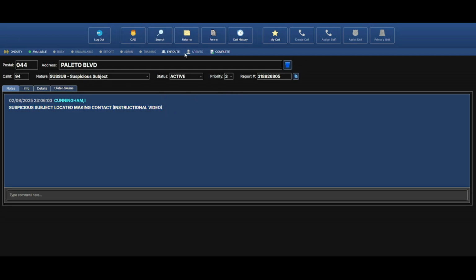Also to add, you'll have your status bars right here. You can show yourself on duty, available, busy, unavailable, report, admin, training. Report, writing report, admin, any administrative duties, training. You'll have en route, arrived, and complete. You can add, like I said at the beginning of this video, any status that you have